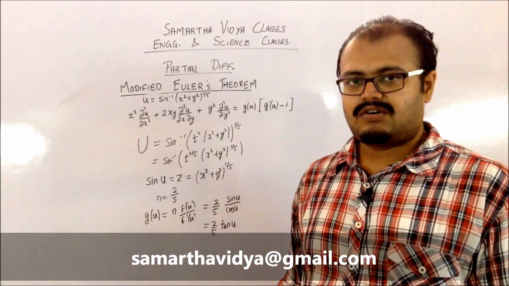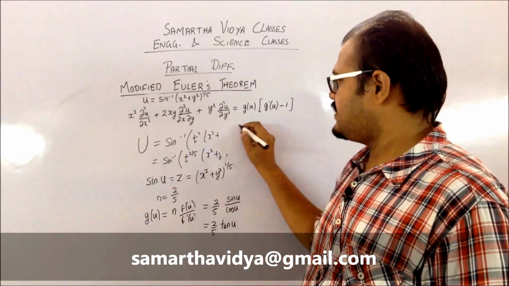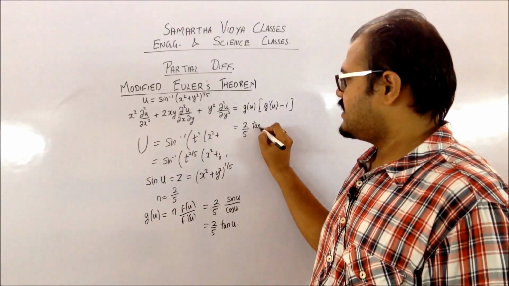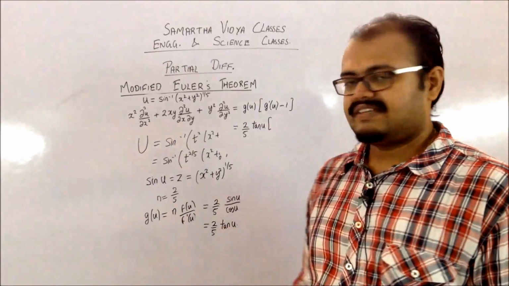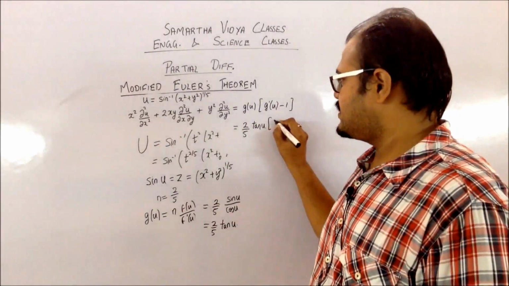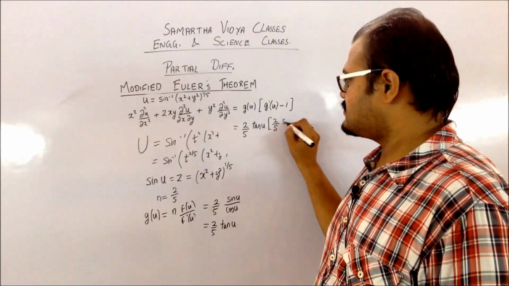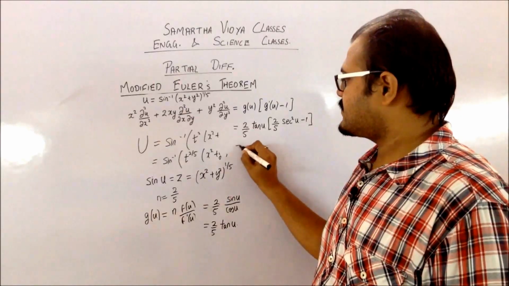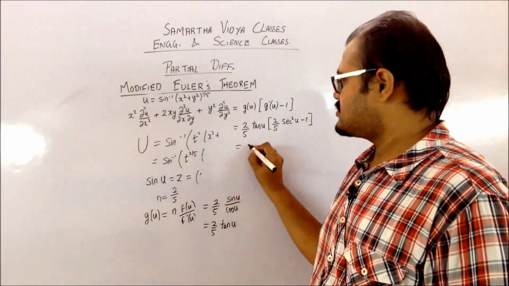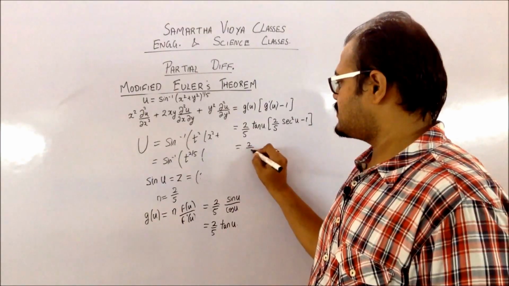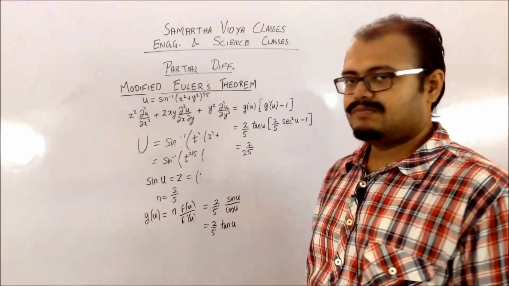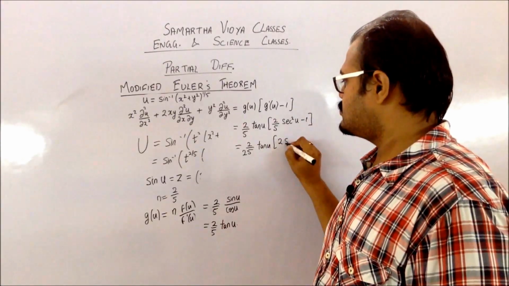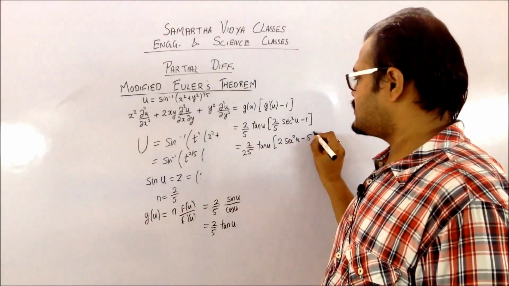So after substitution of those values, you will be getting this as equal to your g of u, which you have found out, that is 2 by 5 into tan u. Then derivative of g of u is going to be 2 by 5, tan derivative is sec square. So this comes out to be, you can take 1 by 5 common from here, so that becomes 2 by 25 tan u into 2 sec square u minus 5.